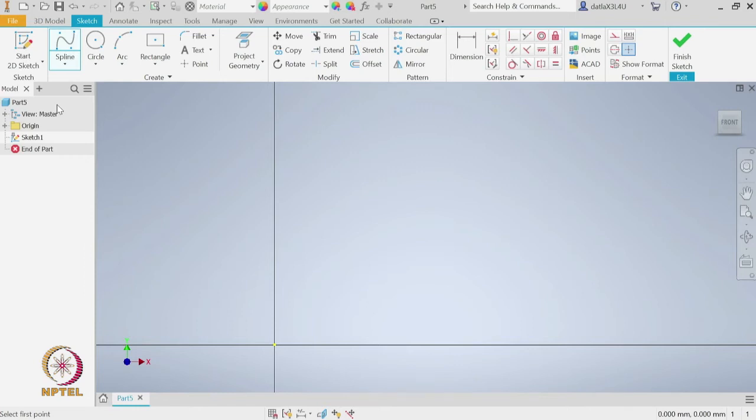The curve's initial and final point will match with the control points, but not the intermediate ones. So, let us start. This is first line, second line, third line, fourth line. I am randomly choosing these lines as of now, but later when I dimension, you will see that this will be exactly what we are looking at in the example.